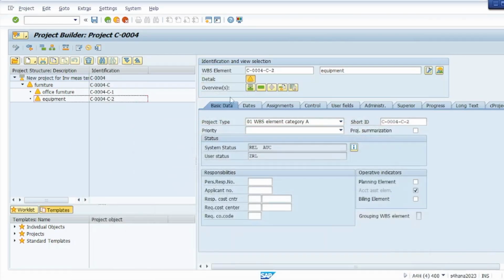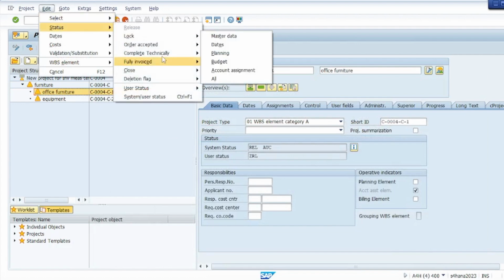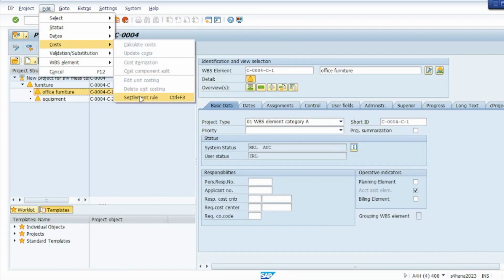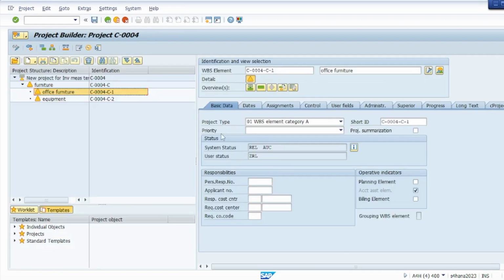If we go and check the settlement rule, we don't see any rule available, but as soon as we run the settlement program, the system goes and updates the settlement rule by default, automatically, with the same AUC which is already assigned to this. And you will see 100% settlement. You will get the from and to period for which the latest run was carried out and all those details, right? So now once